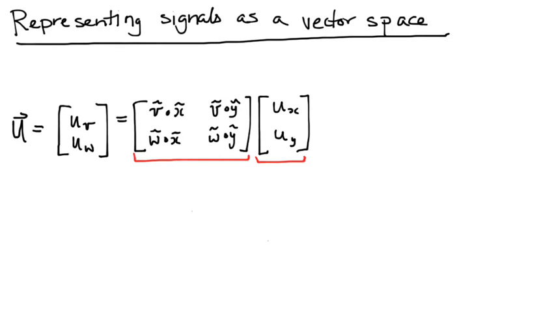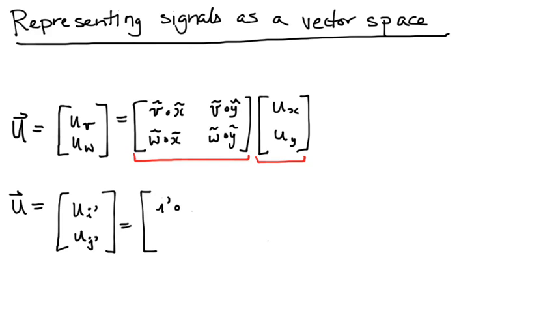So let's change the v and w axes to i prime and j prime, and the x and y axes to i and j. So we can say that vector u is equal to u_i' i' plus u_j' j', which is equal to